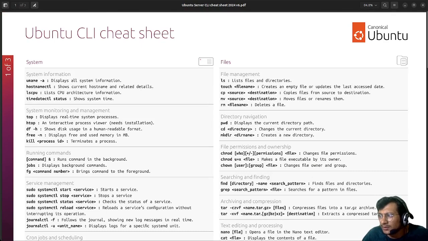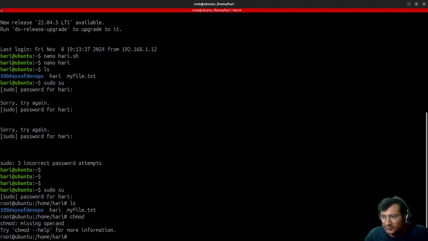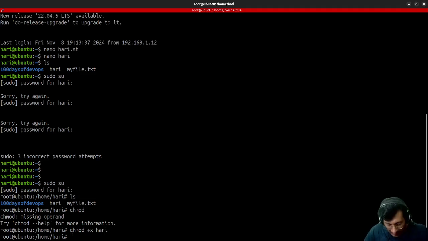Execute is for making the file executable, by its user, u plus x. However, the chmod command is to modify file permissions, what permission a user has on its file. So chmod plus x Hari. Okay, and what I'll do is cp Hari to